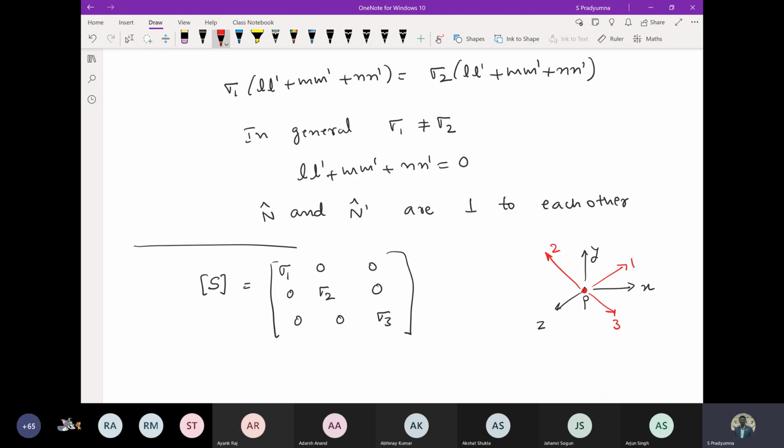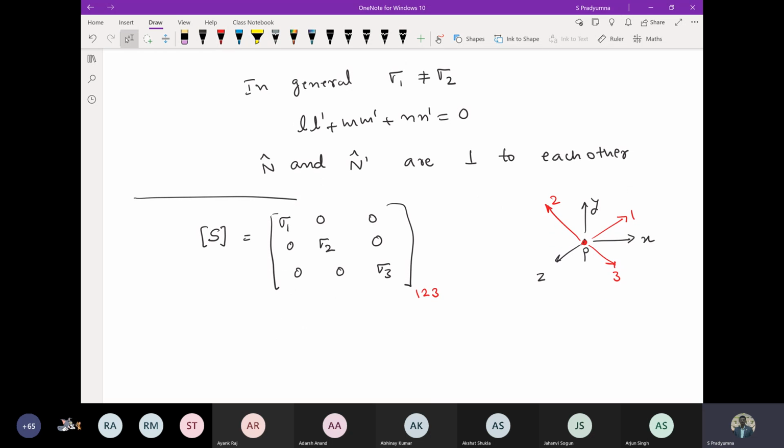So the state of stress at that point remains as it is, irrespective of whether you consider x, y, z, x prime, y prime, z prime, or 1, 2, 3. So I can also represent this in the 1, 2, 3 coordinate system. The principal coordinate system is equivalent to what I call the general state of stress in terms of x, y, z. So they are equivalent, right? That's why there are things called invariants. These values remain the same irrespective of the orientation of the coordinate axes we consider. So that is one thing.